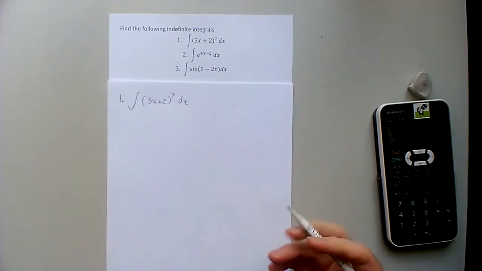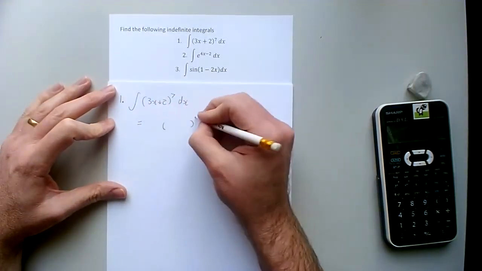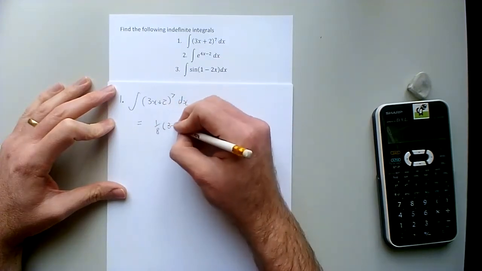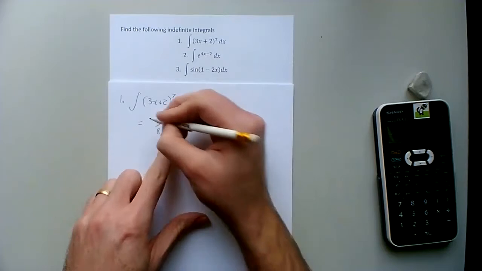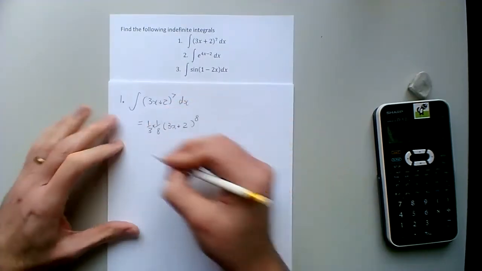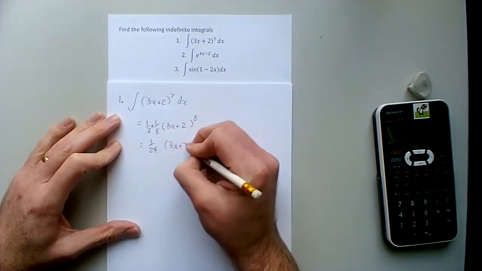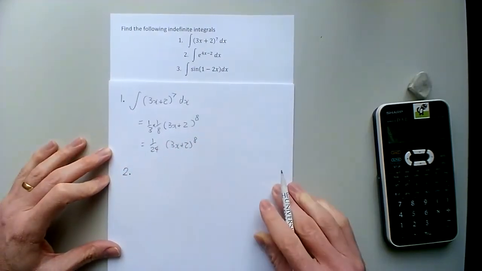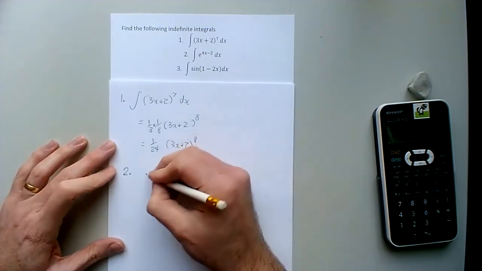So I'm doing it backwards. Let's see, that would be power up by 1, divide by the new power, and the 3x plus 2 will still be there, but then I'll have to divide by that 3. So that'll be 1 on 24, (3x plus 2) to the power of 8. Cool. Number 2, e to the power of 4x minus 2